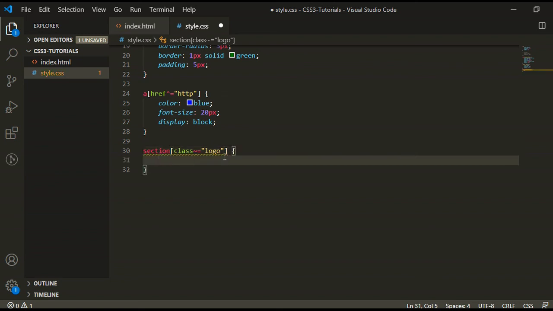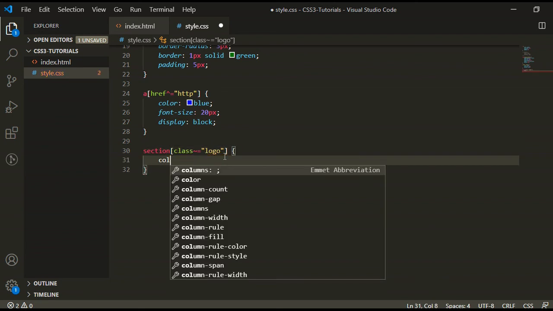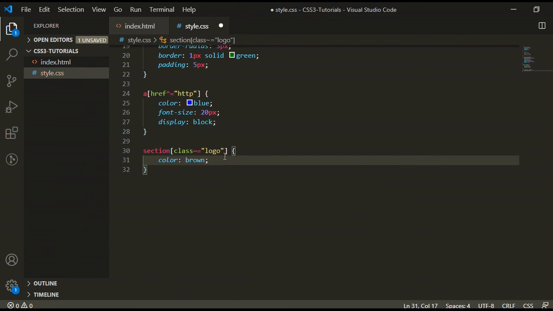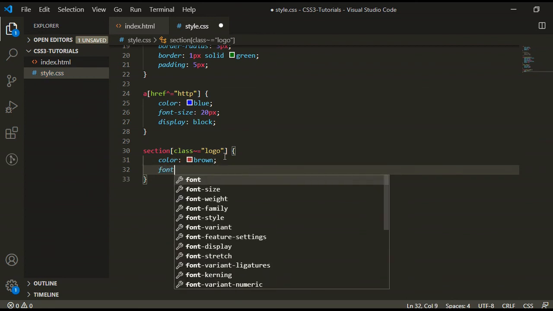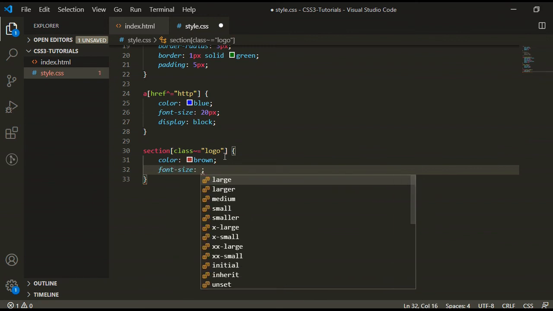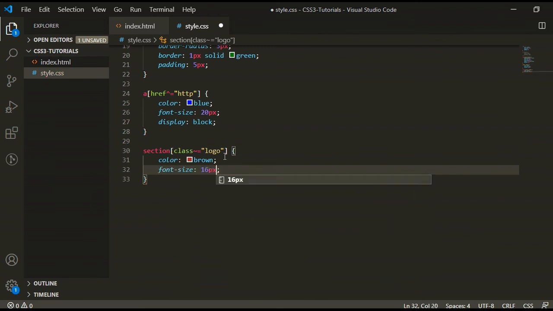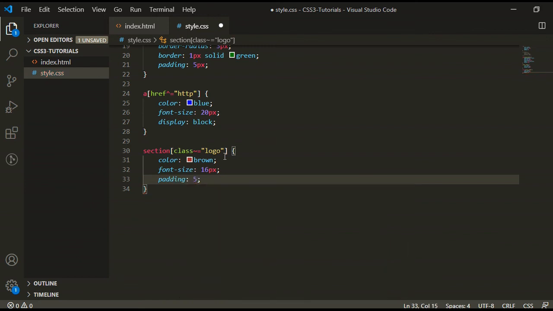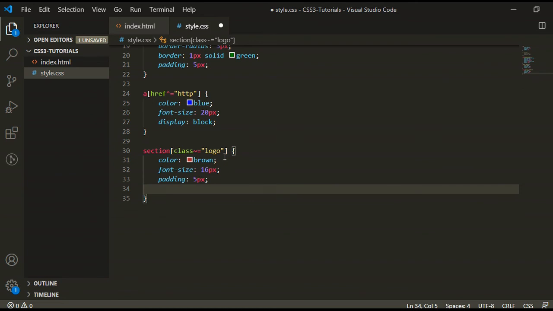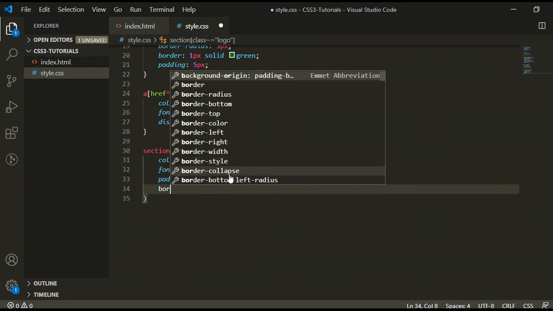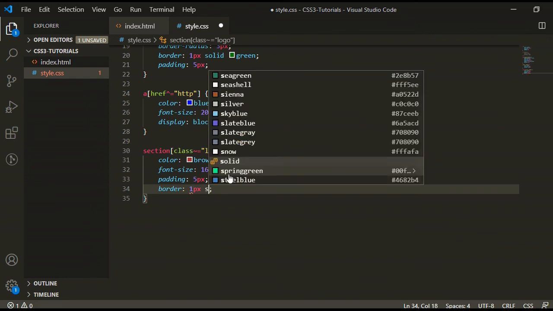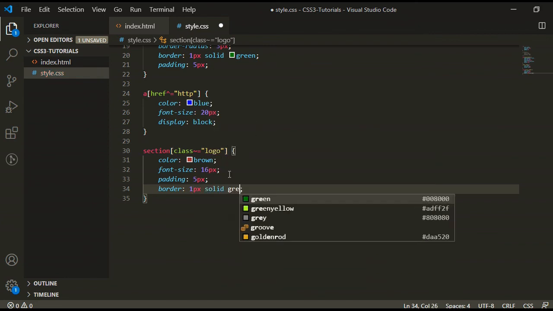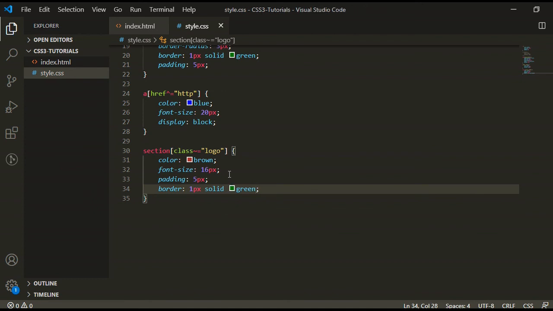Now let's give some color, it's brown, and give the font size, and you can also give the padding, and also give the border.